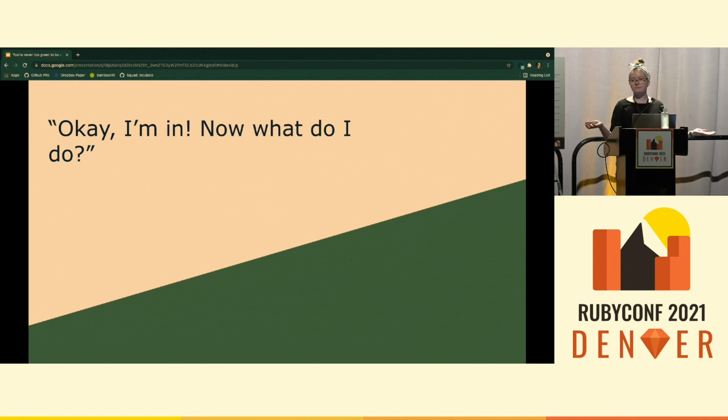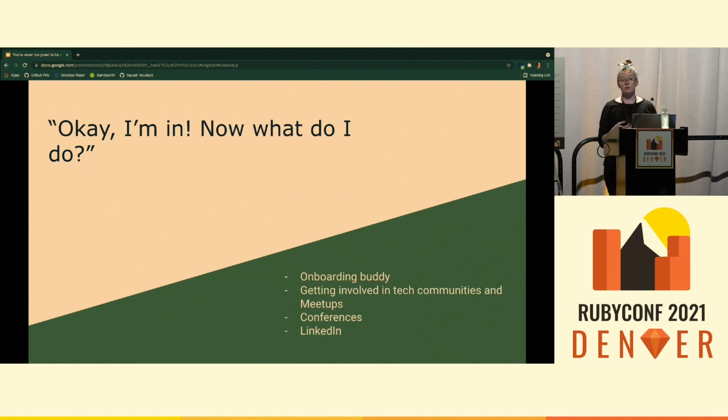All right, I'm in. I want to be a mentor. What do I do? How do I become a mentor? All right, if your job has opportunities for being involved in your onboarding program, which hopefully your companies have great onboarding programs that you can get involved with, that's a really great opportunity. That's a great first step. It's easy. You can do it during working hours, kind of an easy first step for getting out there.